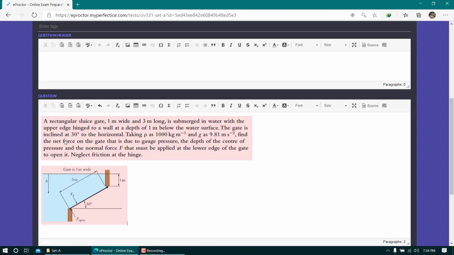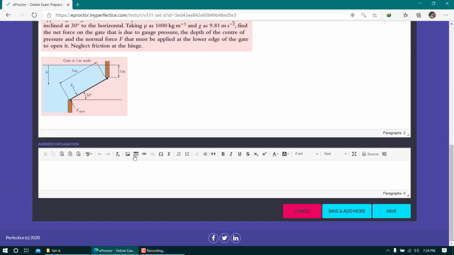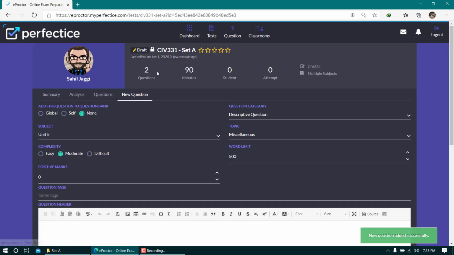Click OK, and now you can see the question and the supporting image look fine, at least these two. So this is done for me now, and I'm going to click save and add more, and I can see I've got the confirmation that two questions are uploaded.